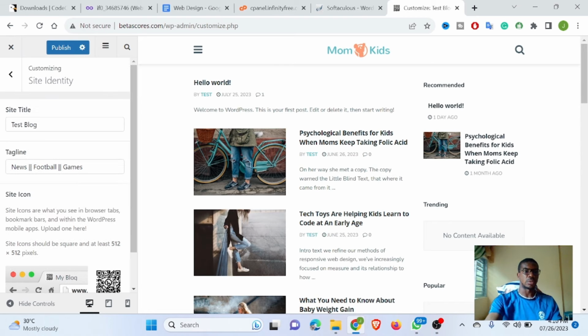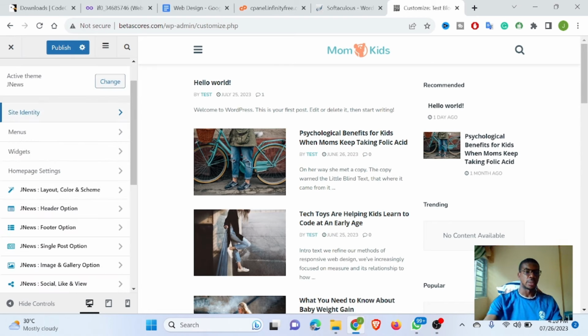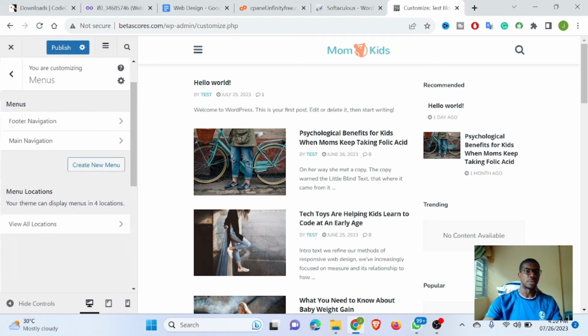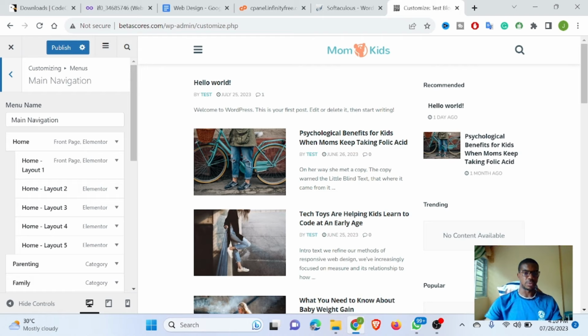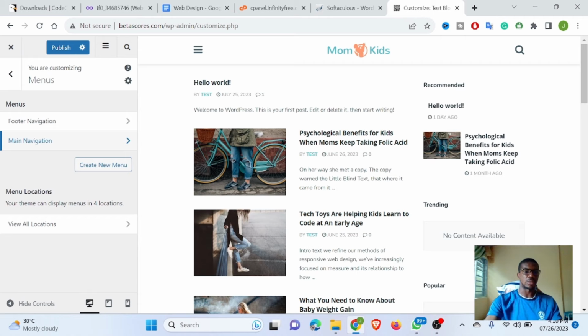So once you are done, then you go back, then you go to menu. You have the footer menu and the main menu. Let's go first to the home menu. So this is how the home menu appears. You have the home, you have the layout, you have the home 2, home 3. So you need to remove all these things. So in order to do that, we need to go to,